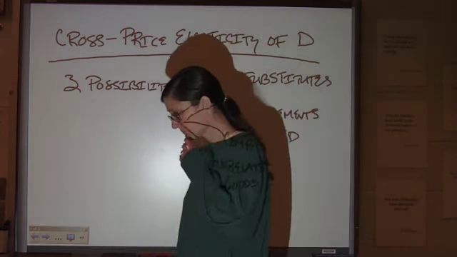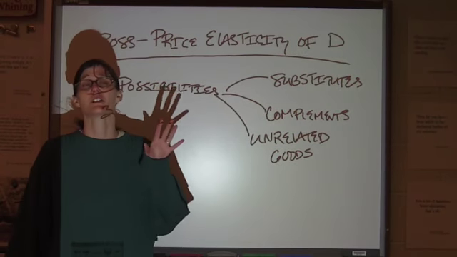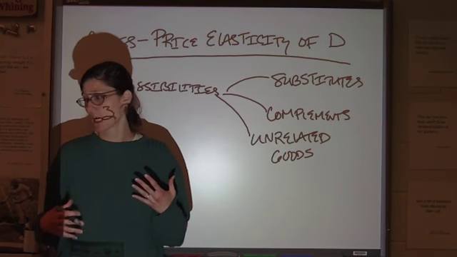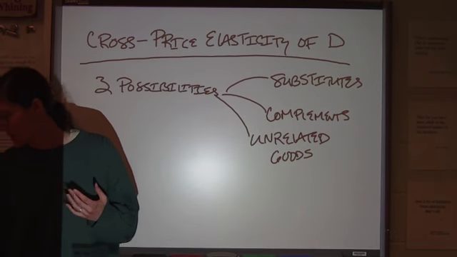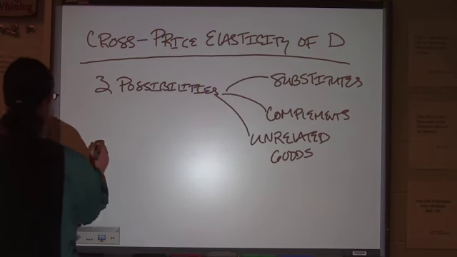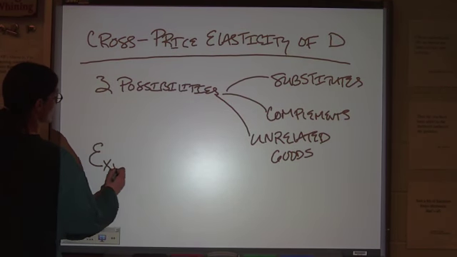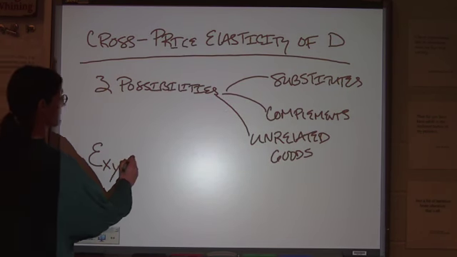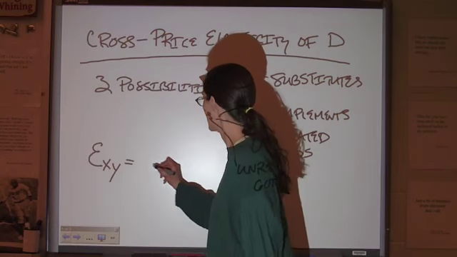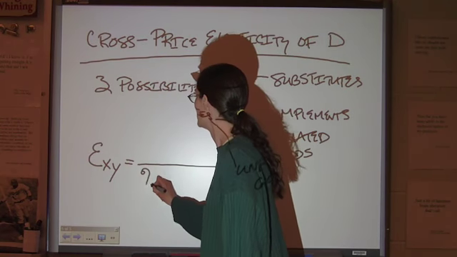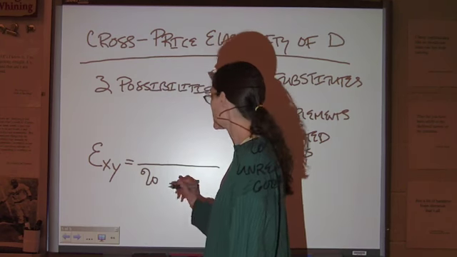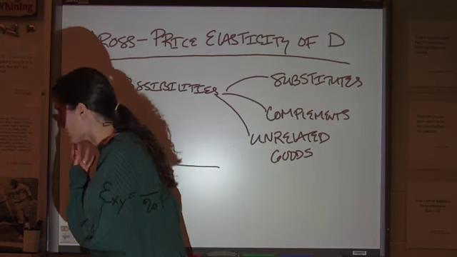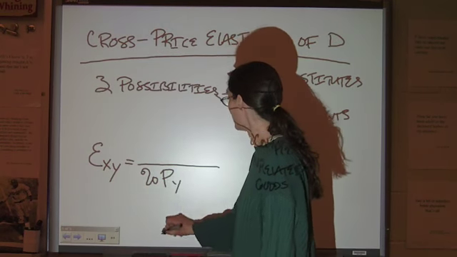Now, the equation for this looks a little bit messy, but in terms of how it actually works, it's not that bad. And I'm going to grab my cheat sheet to make sure that I don't mess this up. All right. So, if we're looking at the elasticity of X and Y, that would be how you express the cross-price elasticity. We want to look at how the percent change in the price of Y